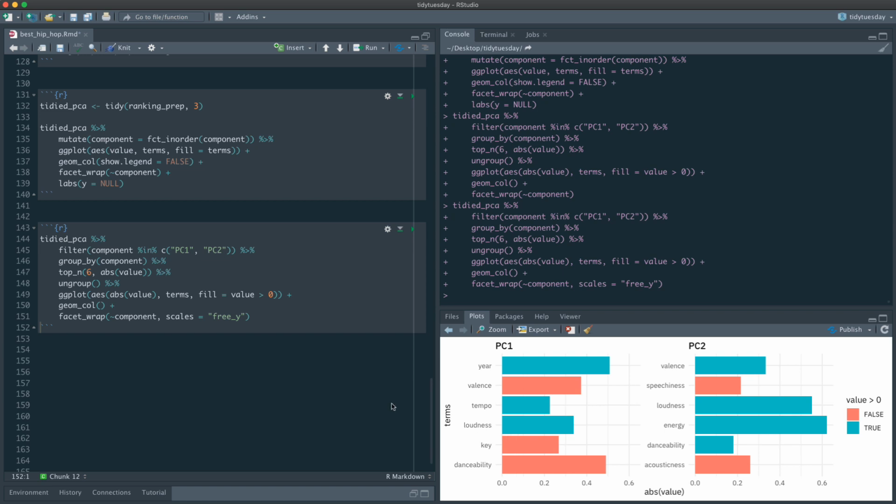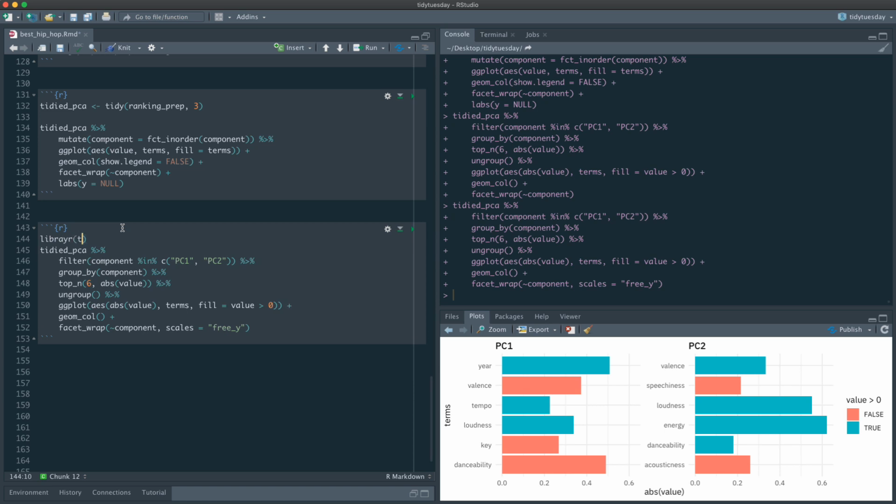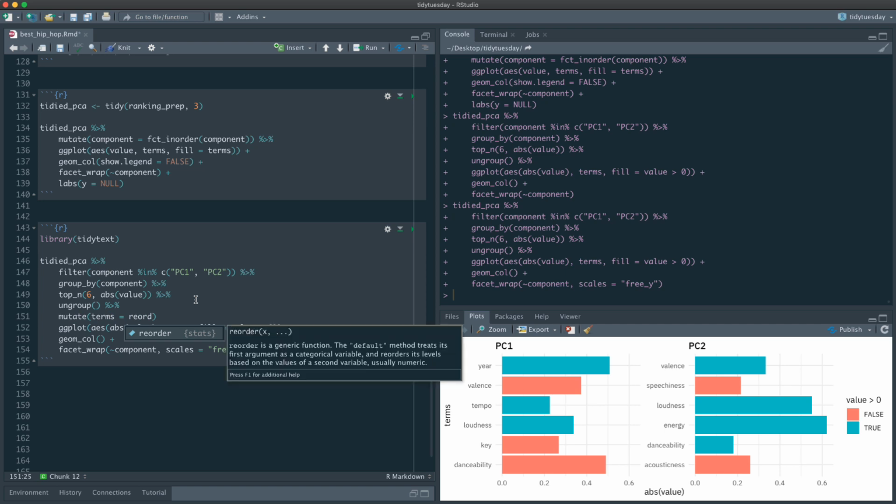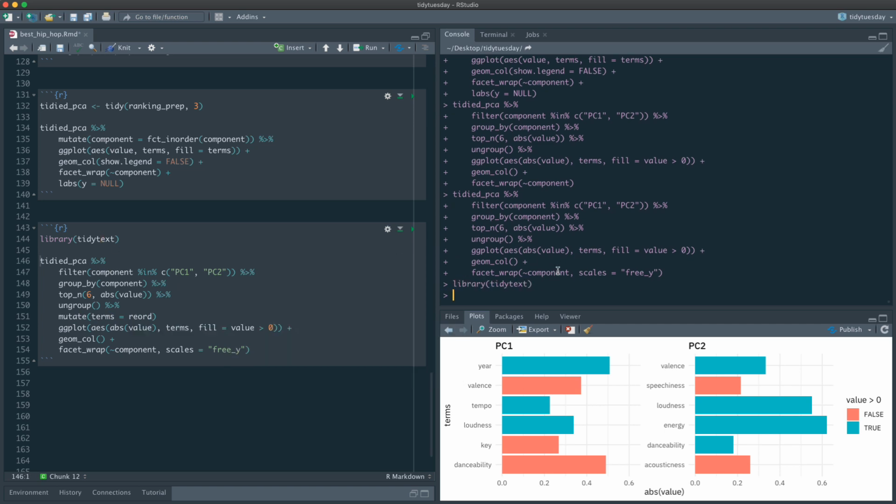If we can actually get these in order here as well. There's a little set of functions in tidytext that does this. So let's mutate terms. It's called reorder within. So we're going to reorder terms by the absolute value of the value within component, and then we are going to